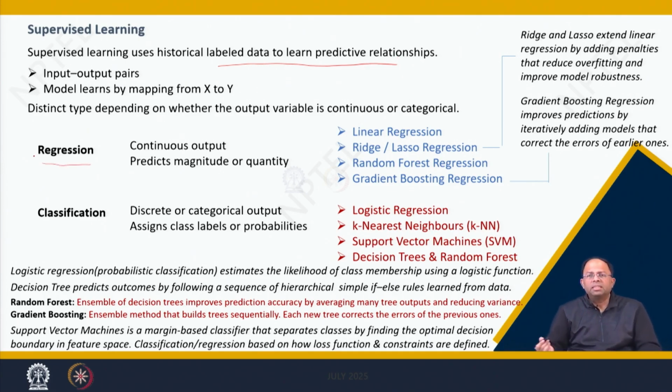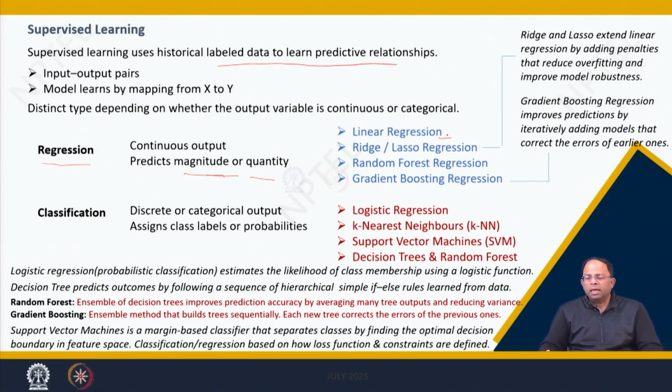That means we are predicting something continuous, so we are primarily predicting a value, that is, a magnitude or quantity of that particular aspect. Now, what are the models involved? Linear regression. We all know linear regression. I've been discussing that as well. In univariate, we showed you a single variable relationship between two variables, and more or less it follows a straight line. Then there is Ridge and Lasso regression.